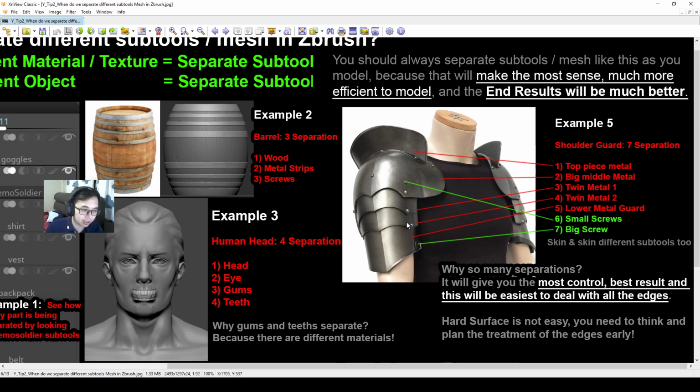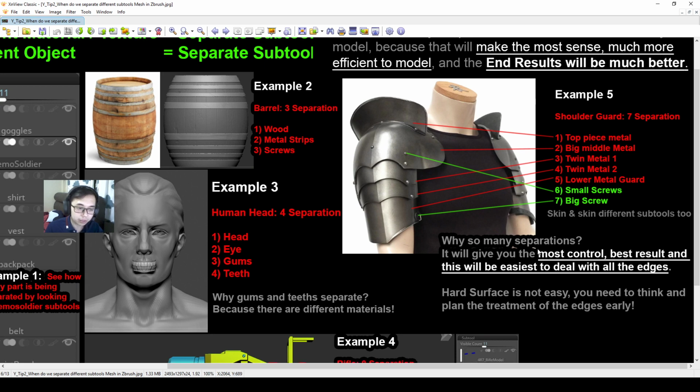So if you look at all these intricate details in the modern art and the professional level of ZBrush artists nowadays, it's actually not easy. You want to create all these creases, make it hard surface, and then it has the right thickness and the right sharp areas, and then the rest of the areas is kind of smooth. You need to learn this, and it will take a while. It will be the easiest and most easy to control and to deal with all the edges. So for example, if I look at these edges, if you ever try to model this in one whole piece,